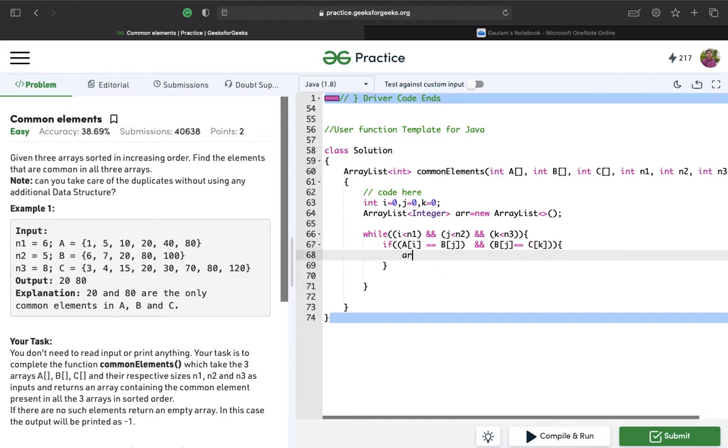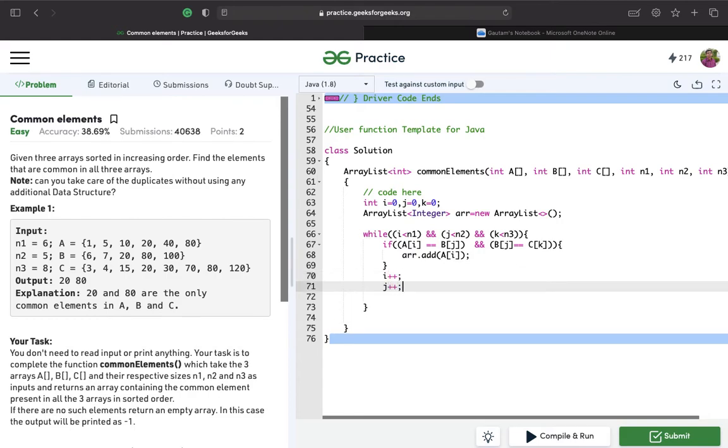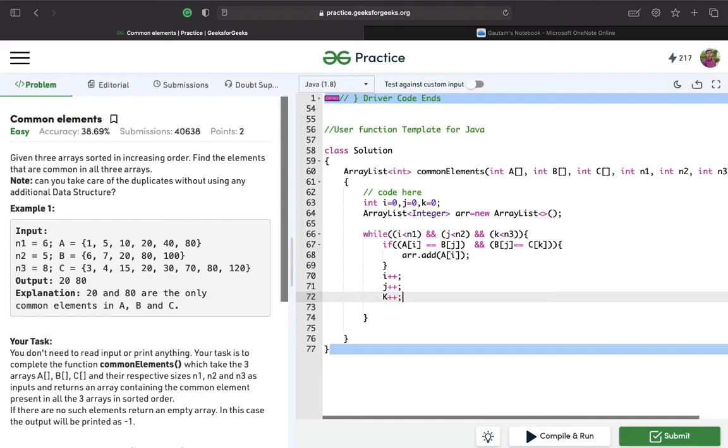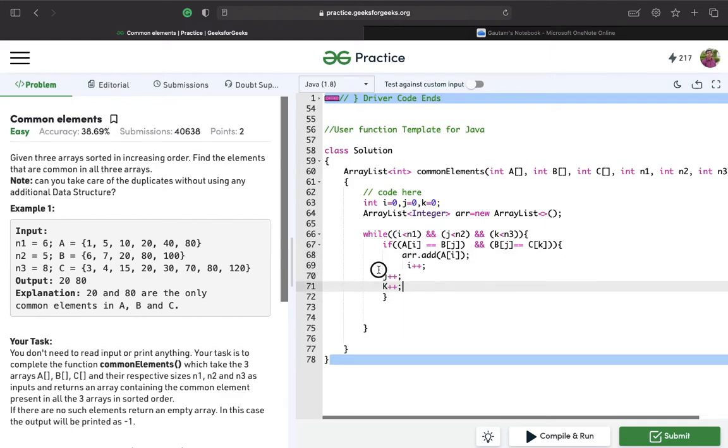We'll simply add any of these 3 elements, because they are all equal, into the array list, and we'll increment i plus plus, j plus plus, k plus plus. Oh, we need to add these 3 in the loop itself.